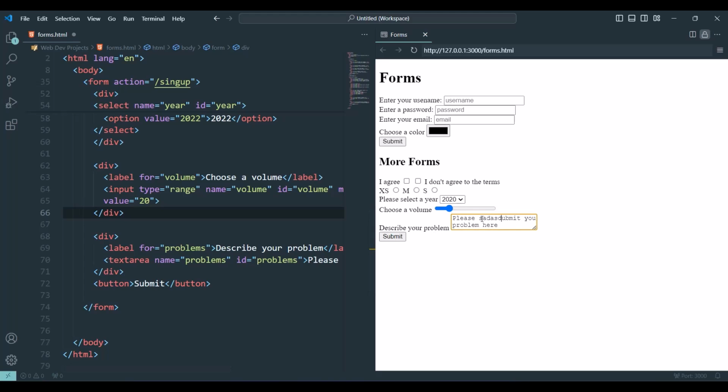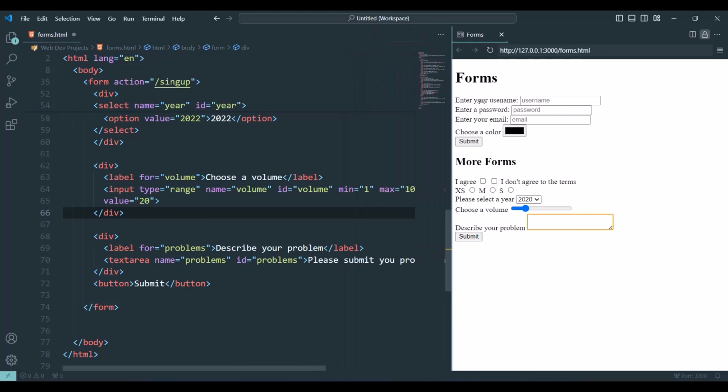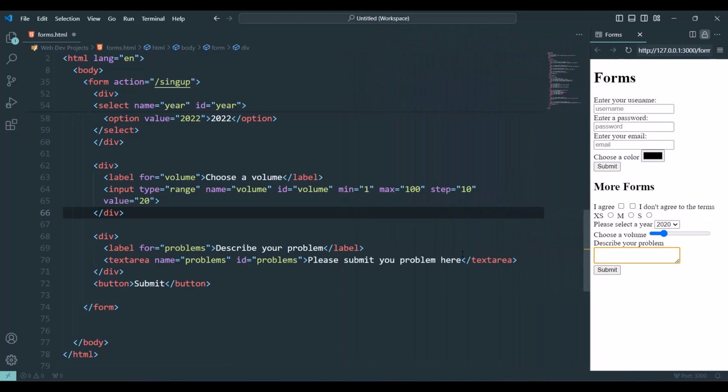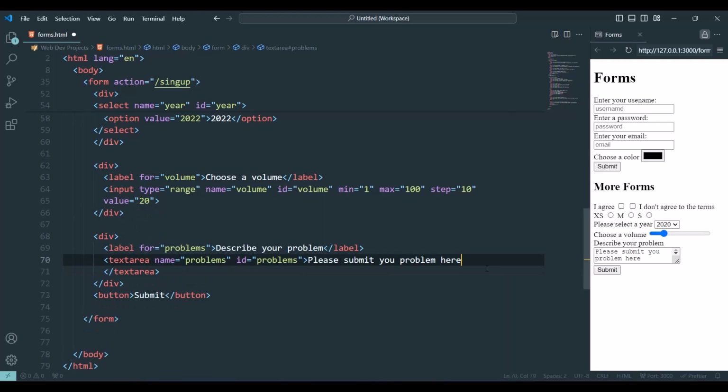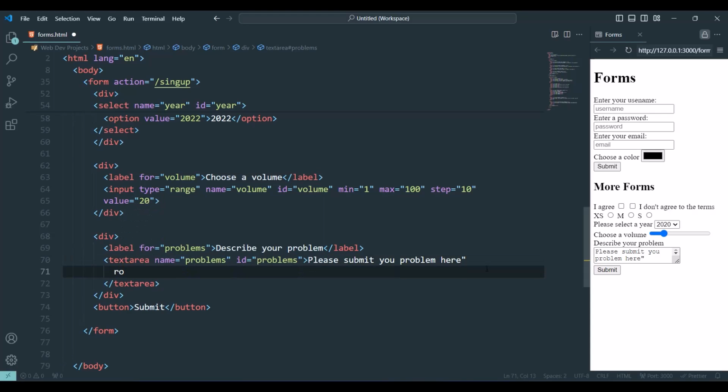And now here I can type something, but let me show you how you can increase the size of the rows and the size of the columns. For that I'm gonna go inside text area and I'll type rows.